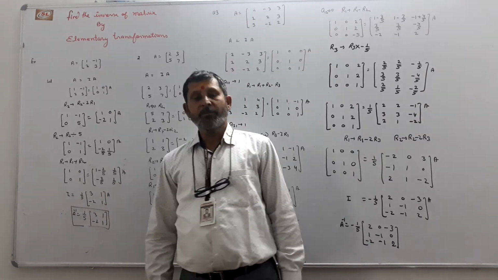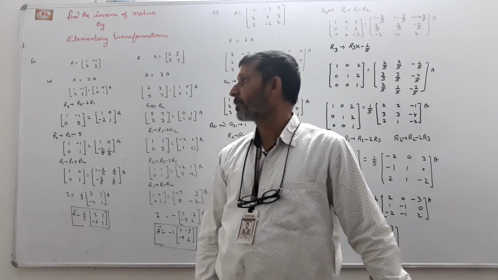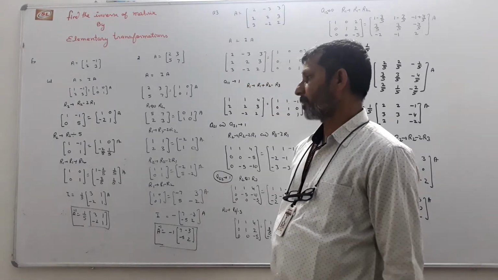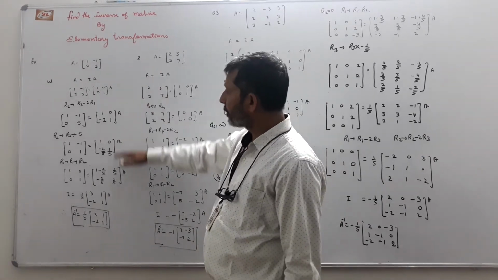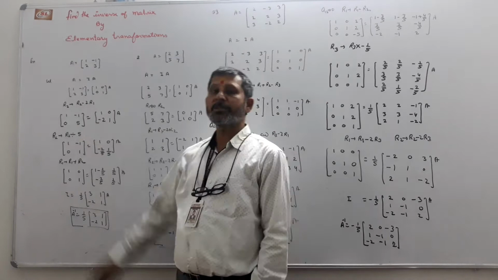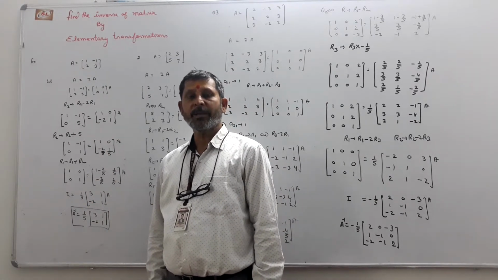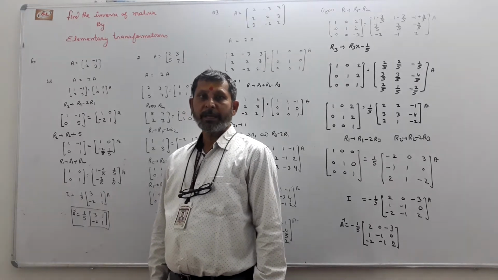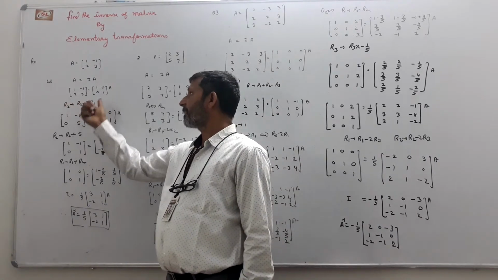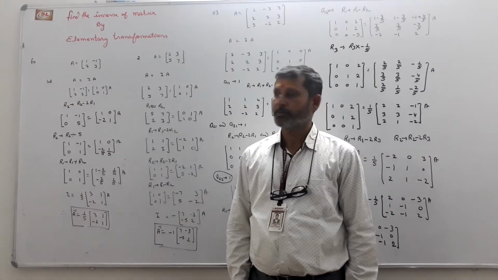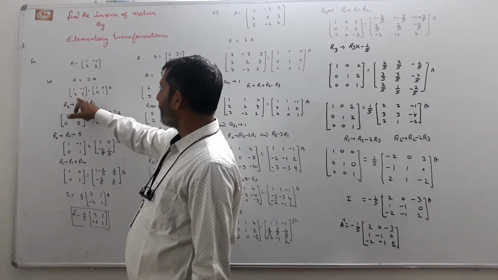Elementary transformation has two types: one is the row transformation and the other is the column transformation. First we start with the row transformation. If we apply the row transformation, then in the whole question we either interchange the rows, or multiply a row by a scalar and add it to or subtract it from another row. The operation is always taken on the left hand side, and the same operation is applied on the right hand side also.